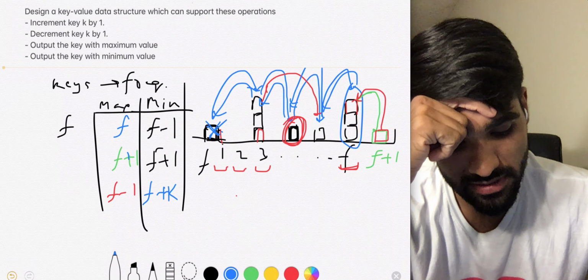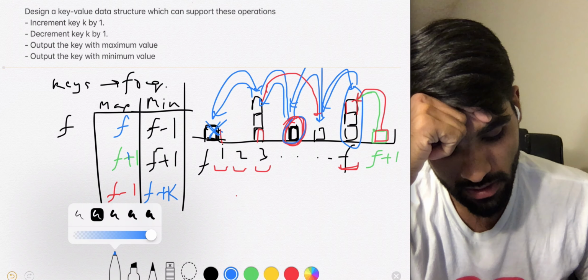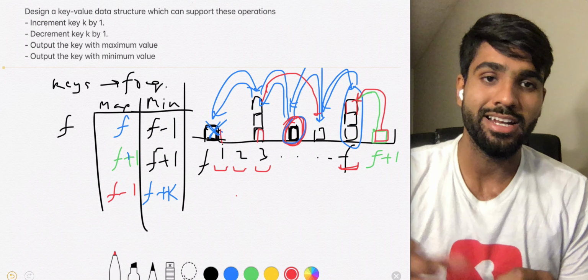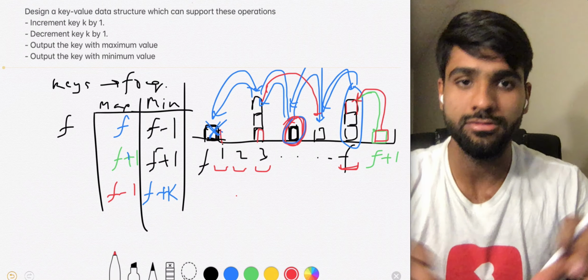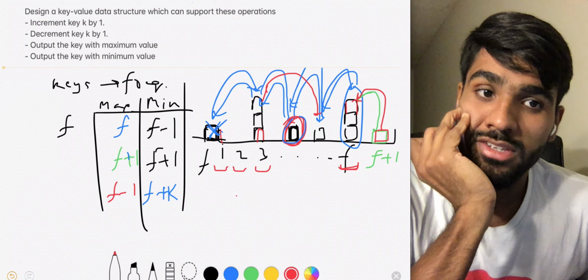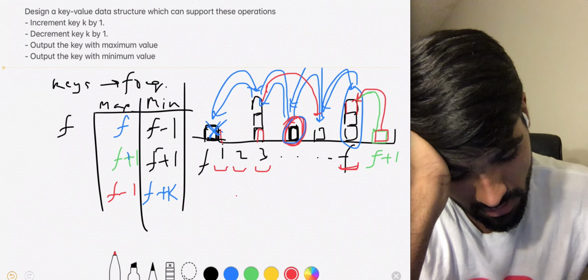Now let's say this node is getting deleted. You have to readjust the pointers such that your list is essentially still connected and does not become a forest. What else can happen? The other things that can happen are one of the elements, let's say this element, is